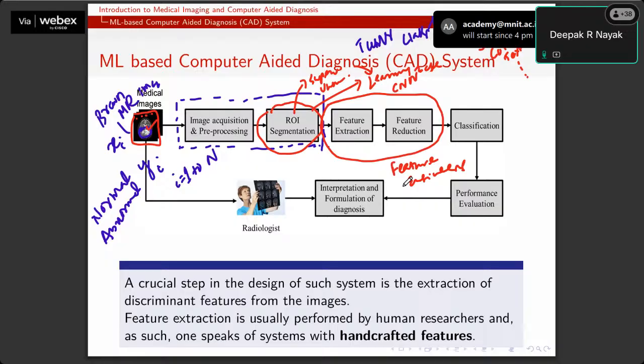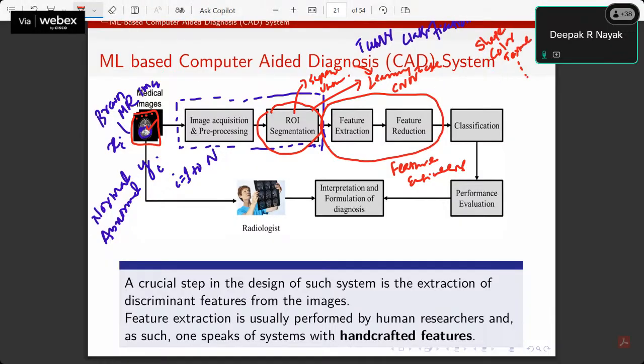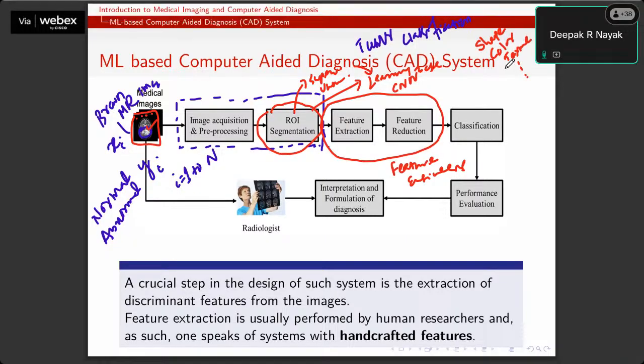right? But the problem here is, how would you decide whether the shape feature is going to help us, or the color feature, or the texture feature, or several others, as I mentioned, which can be extracted from the same image? How would you decide which feature you should extract? Unless you are a domain expert in the field of feature engineering, it is very difficult for us to define which of the features are going to play a very important role here.